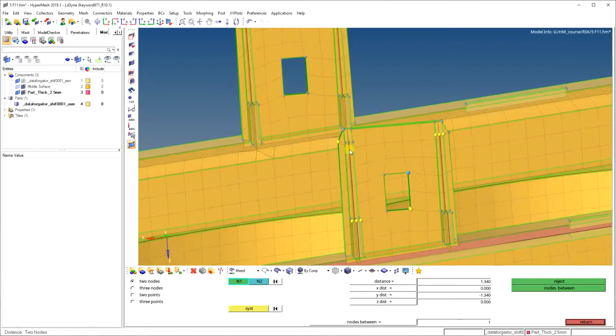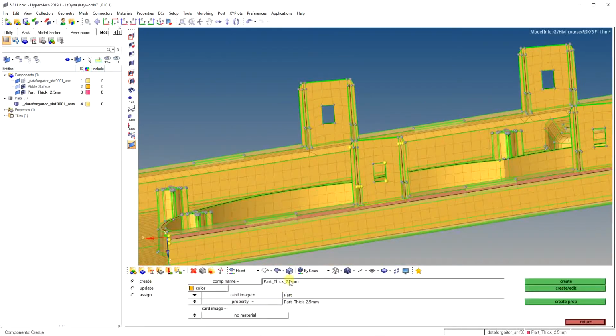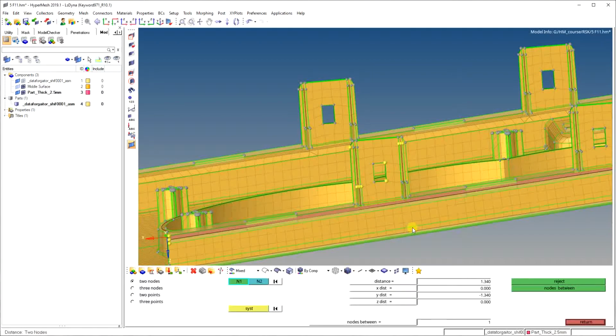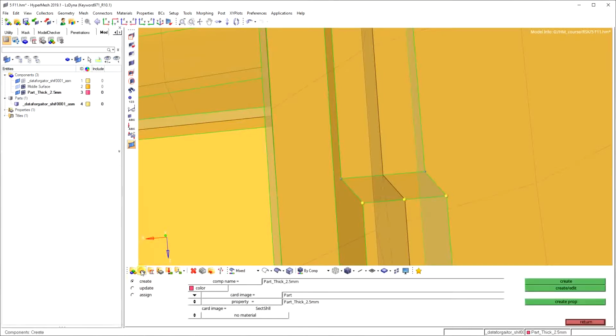For the upper we have to create the 1.2 thickness component and we are moving this component to that. Okay, now creating this component. Then part 3. Let's check exactly. Try to give the exact thickness to features. It is 1.453. I am just copying this number and editing this now. Copy this and paste here. Everything remains the same, only the property will change.